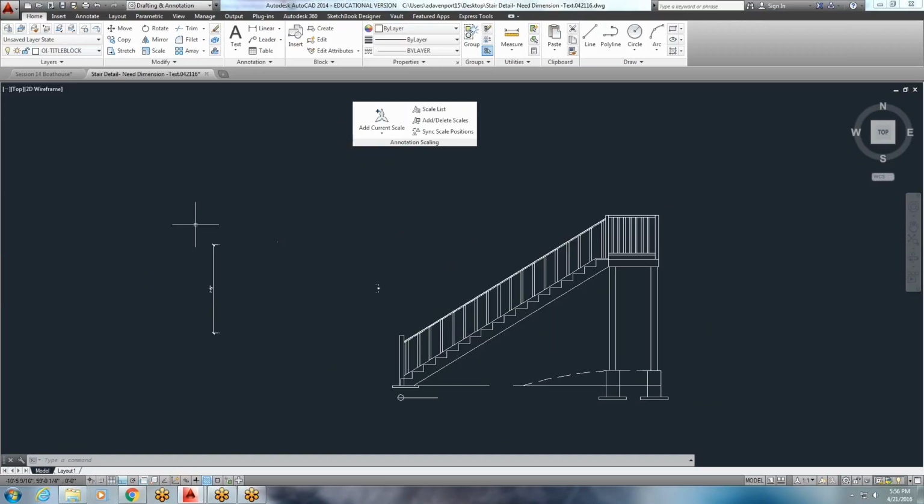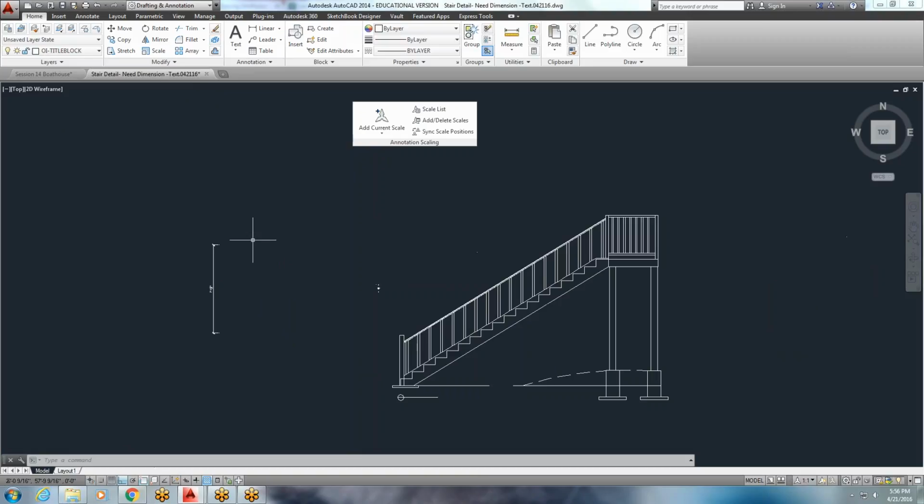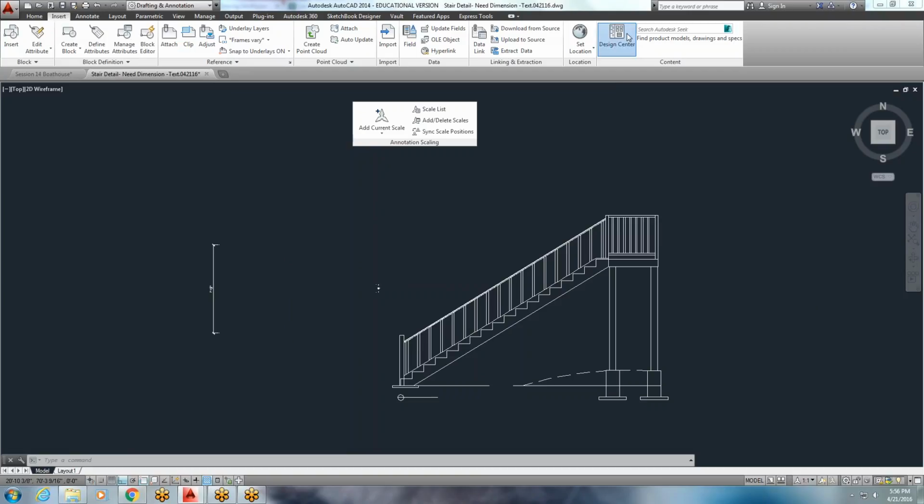They will show up. Another way you could have done it, if you did not have these dimensions, or if I had just given you the dimensions and you weren't going to copy them, is I could have my boathouse drawing open and pretend the dimensions don't exist. I could have the stair detail drawing open with the dimensions in it, and I could go to Insert, Design Center,